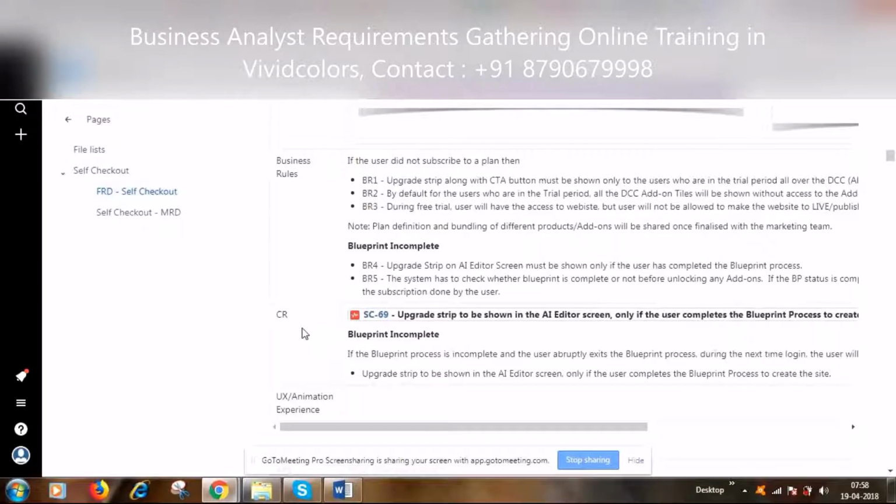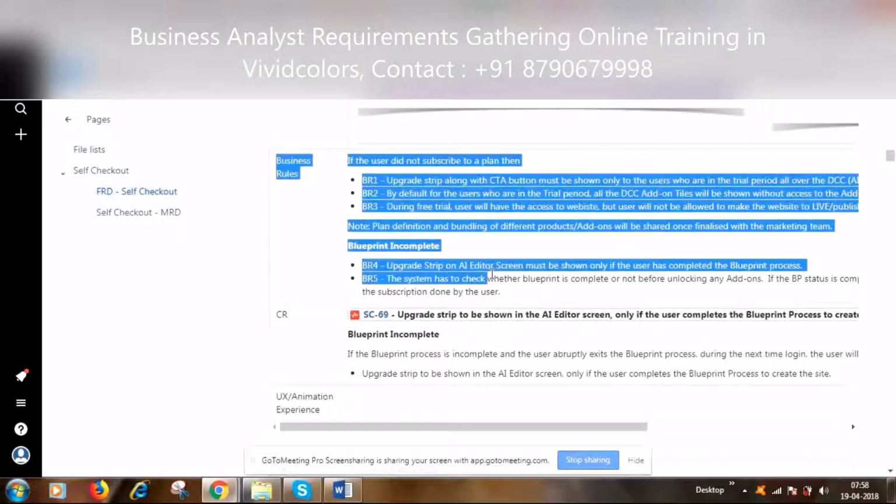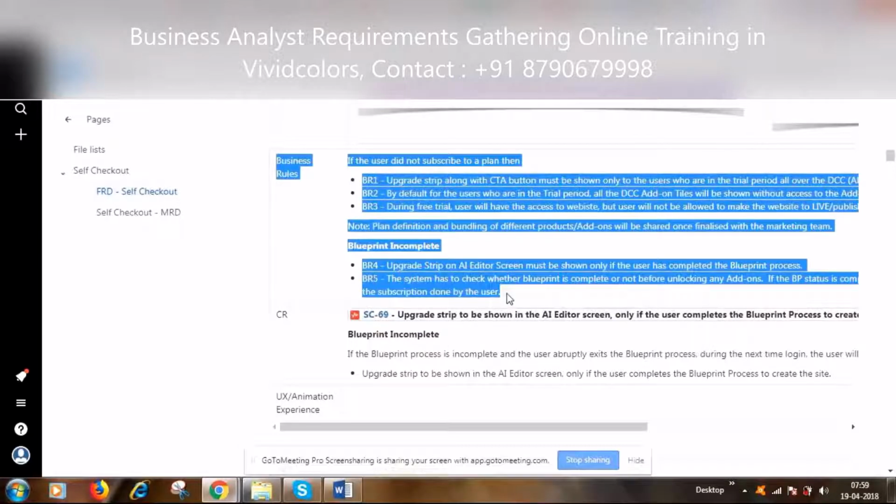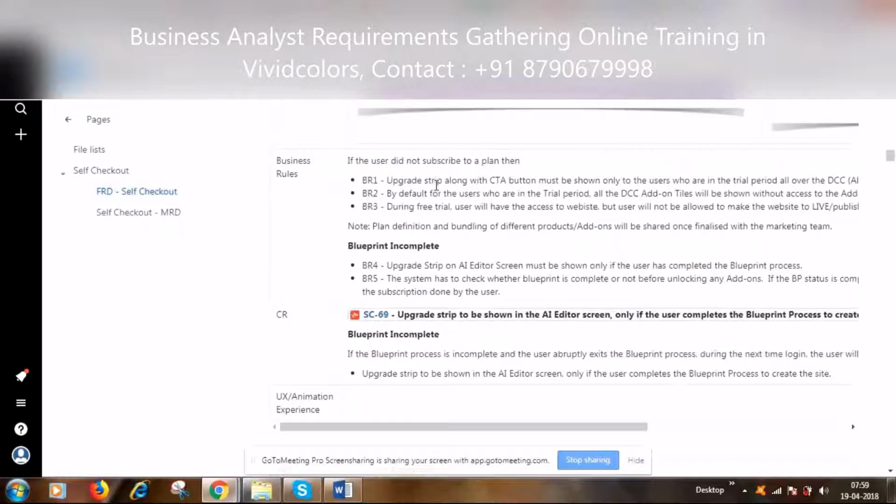In our case, we are following this particular approach, where we explain the detailed business rules for this particular user story. Then when the project is actually delivered to us, we will ensure all these items are available. So what is acceptance criteria?